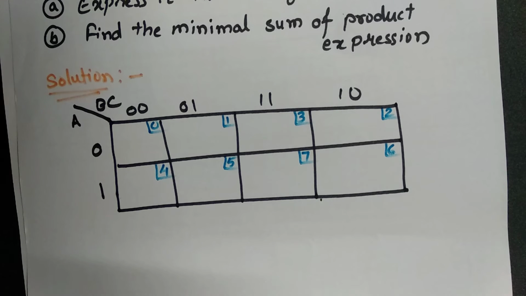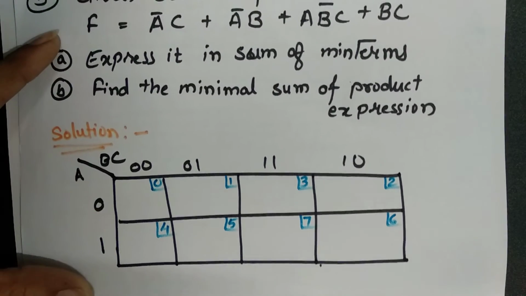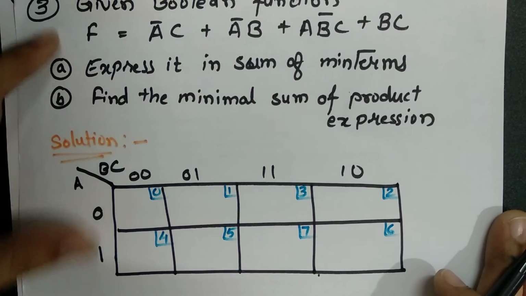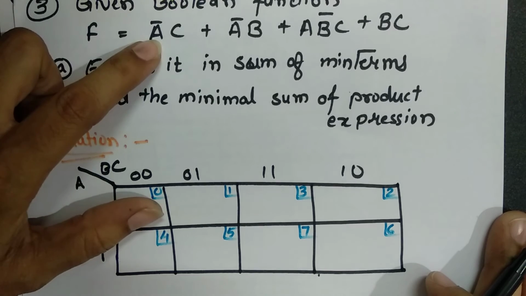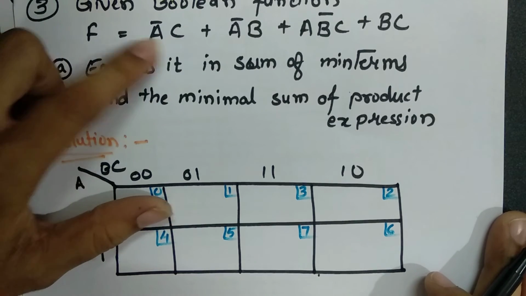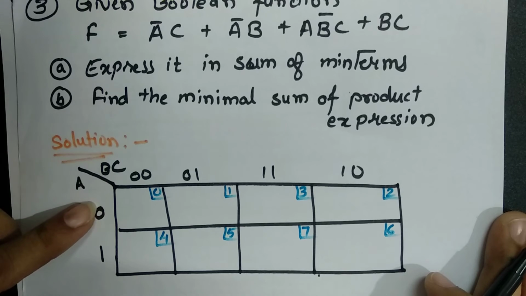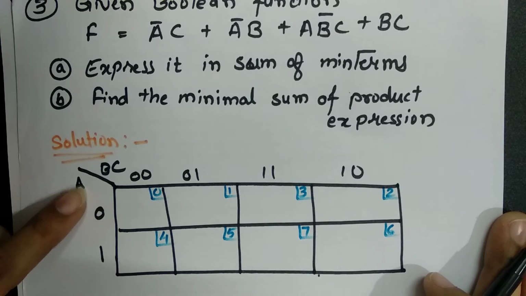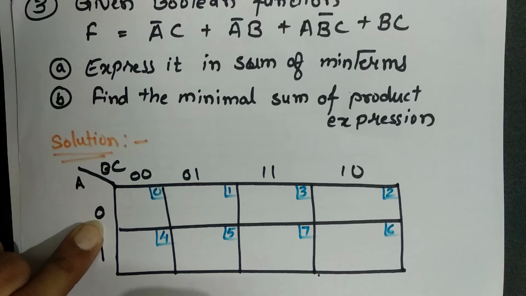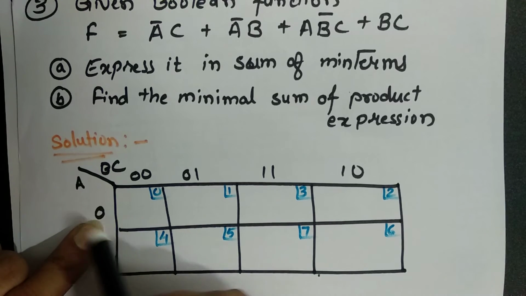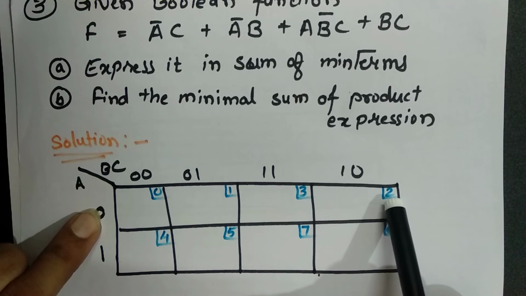Okay, so this is the K-map related to it. Now what is asked over here? The equation is given. See, here the equation is given. F equal to A bar C. You have to do the reverse which we have done earlier. A bar. A bar is what? 0. Okay. So A bar means here we will see the 0 term, means the answer is in this line.